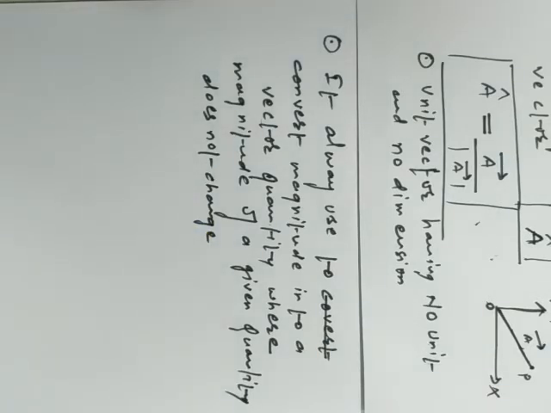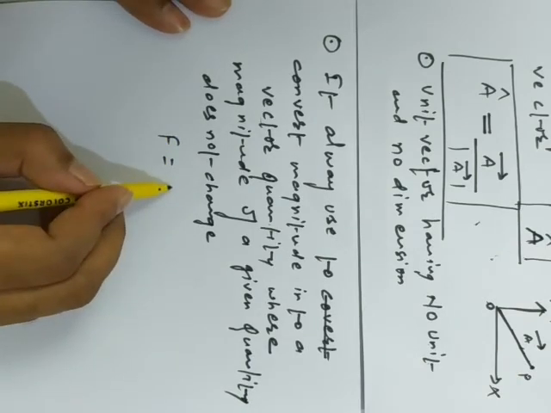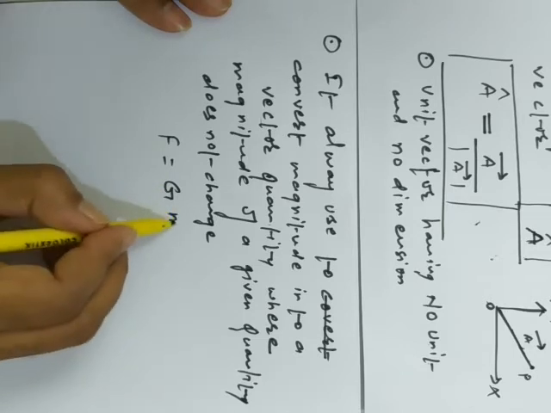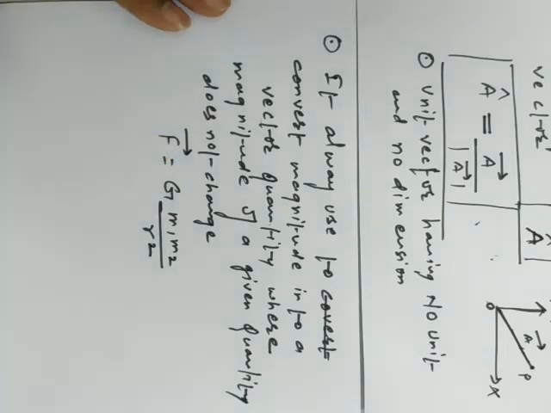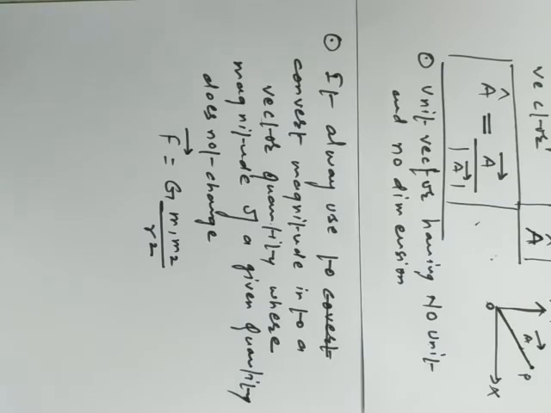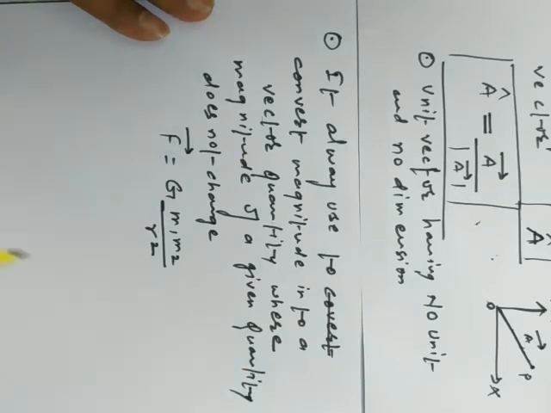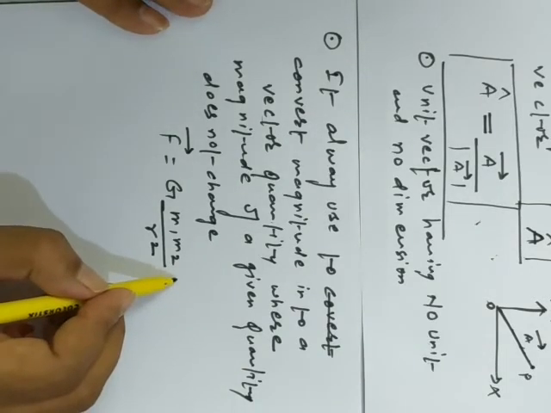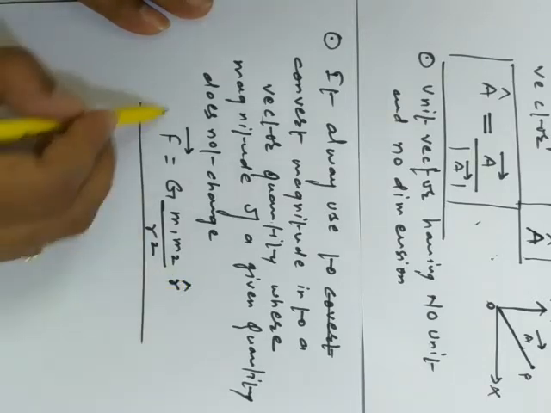Now, whenever we are using a basic formula, I am taking one of the examples. Suppose we have the formula of the gravitational force, G m1 m2 upon r square. On the left hand side I am using the symbol of the vector, but on the right hand side there is no kind of vector. So if we want to represent this formula in vector form, because capital G is a scalar quantity, mass is a scalar quantity, and distance is a scalar quantity, we can easily multiply the right hand side by a unit vector of the position. Okay, so this is the representation.